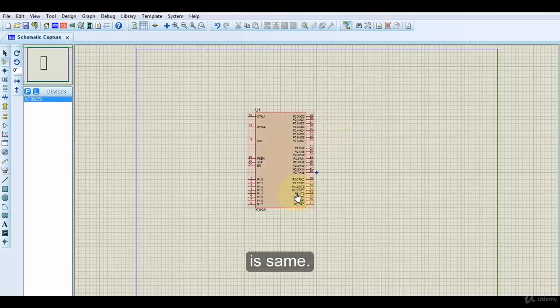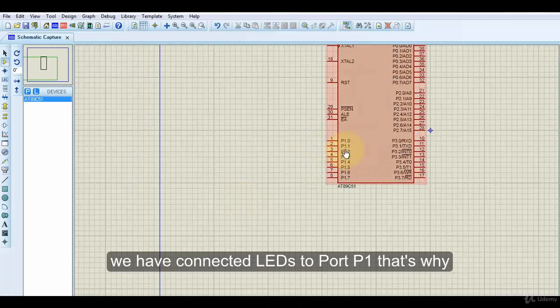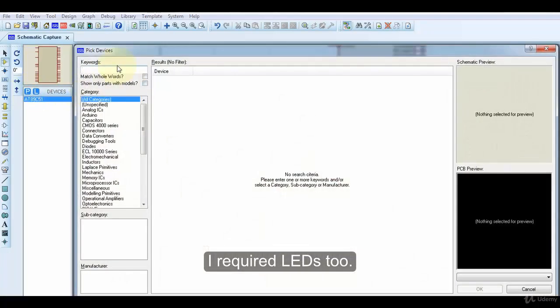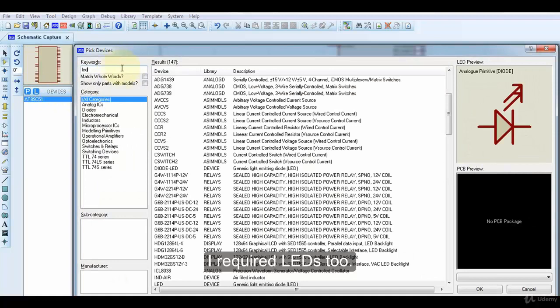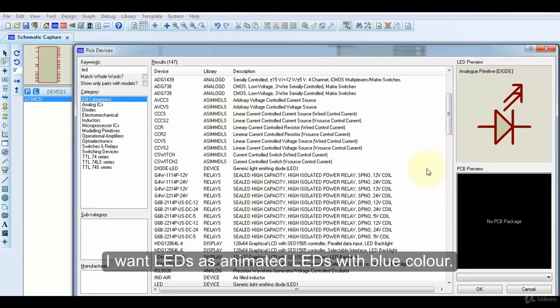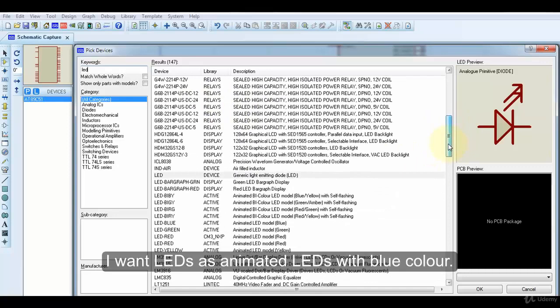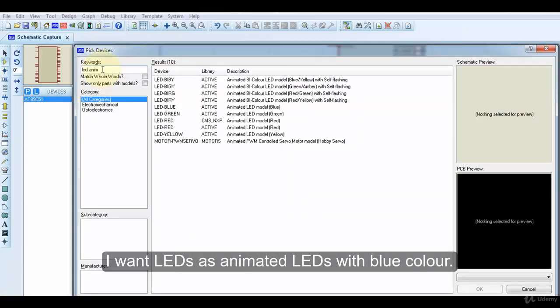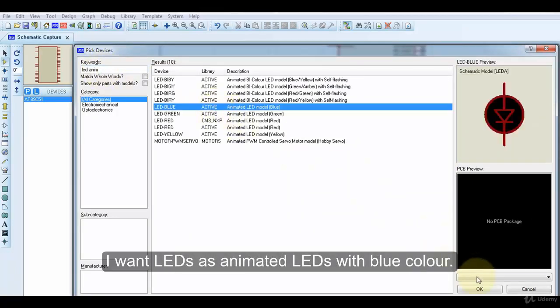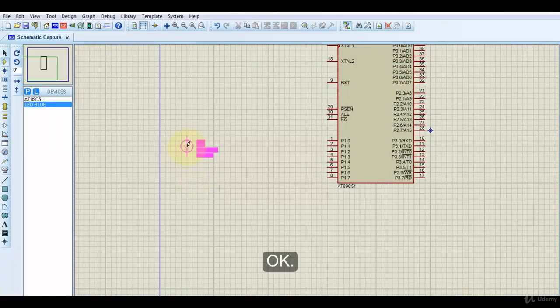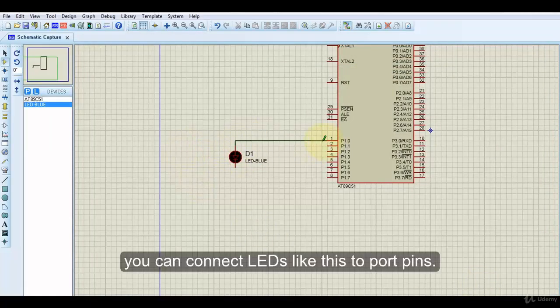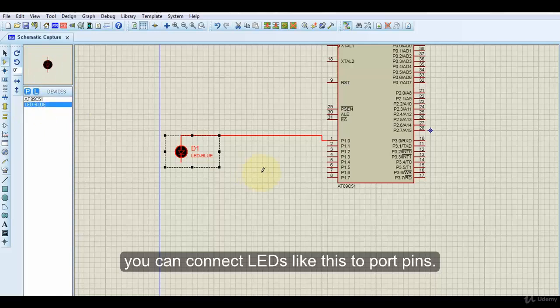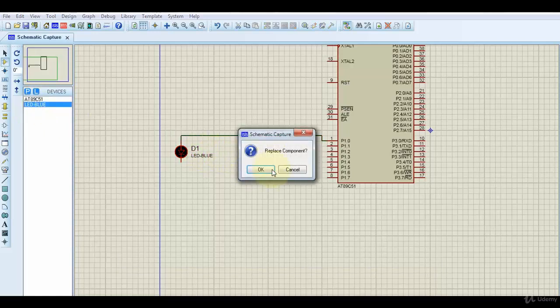because the basic internal architecture of both microcontrollers is the same. Now we have connected LEDs to port P1, so that's why I require LEDs to add. I want this LED as an animated feature, so LED anim, and I want to use blue color, let's say. Okay, you connect the LEDs like this. Since I am using 7 different LEDs, you can take them like this.